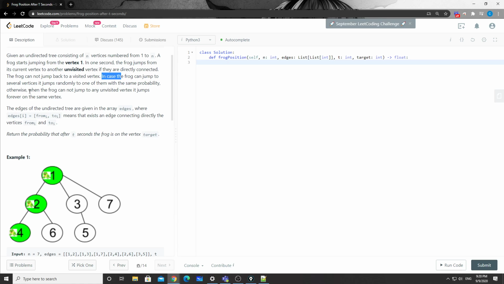So another one is, let's say when the frog cannot jump to any unvisited vertex. Basically, if at the time t, there's no unvisited node the frog can go to, it will just stay at this node forever. Okay,